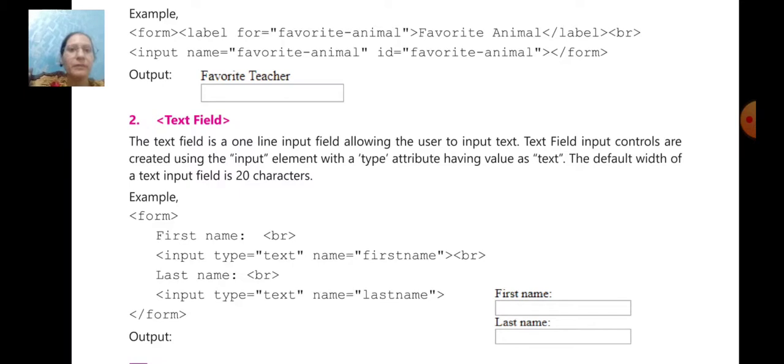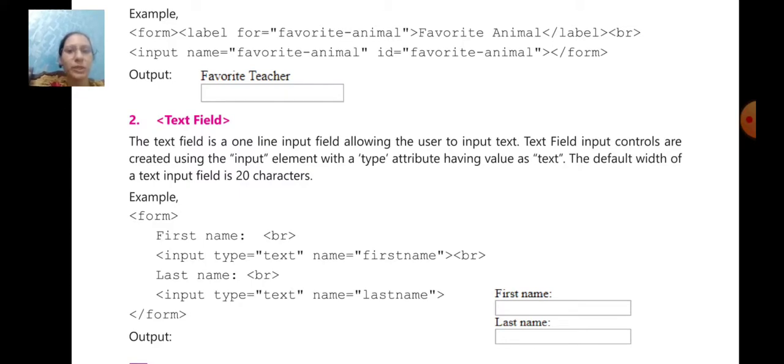For example, here we have created a text field for first name. BR is for break, then input type equals text, name equals first name. Again we write BR, last name, BR is an empty tag, then input type equals text, name equals last name, then we close the form and we run this program.